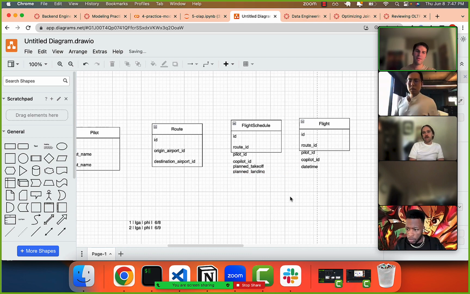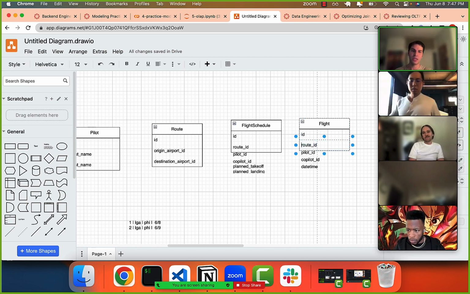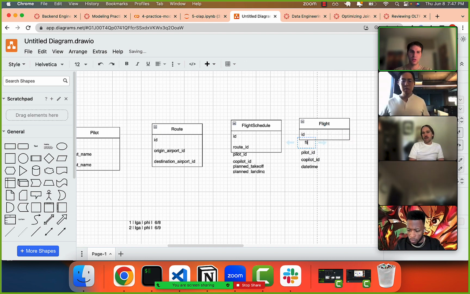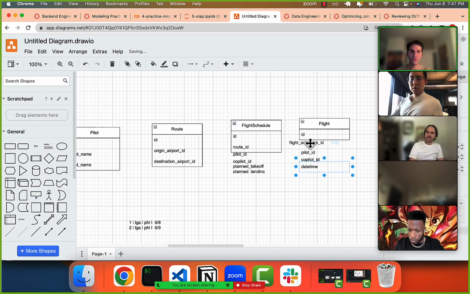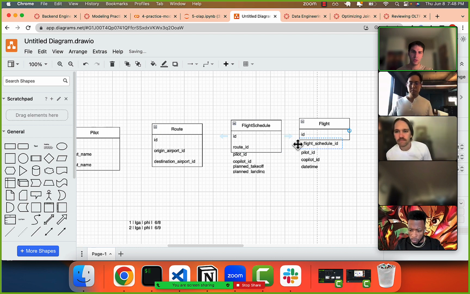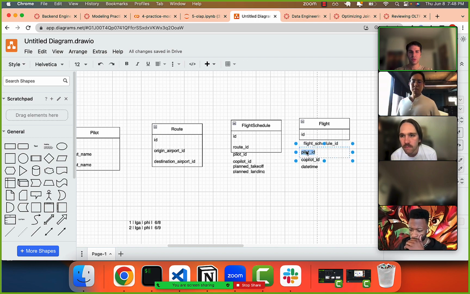But then here we have the actual flight, right? And again, here, the route is probably the same. We probably don't need this, right? We can just maybe point to the flight schedule ID, and we probably should. A flight is associated with the planned schedule, and then this is the actual takeoff. What I care about is the actual takeoff and the actual landing